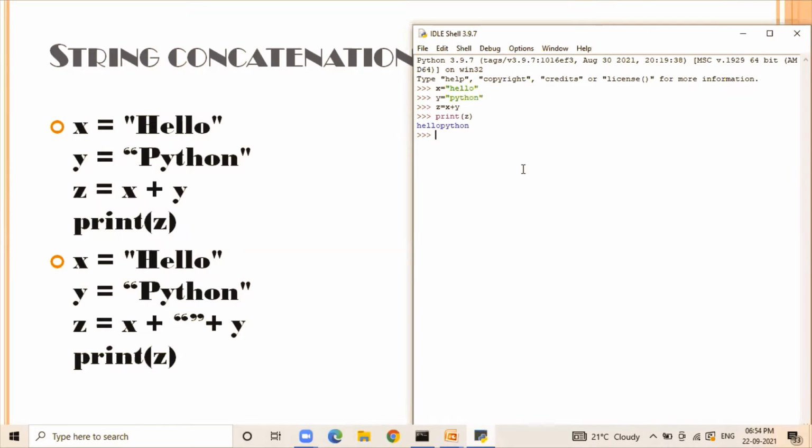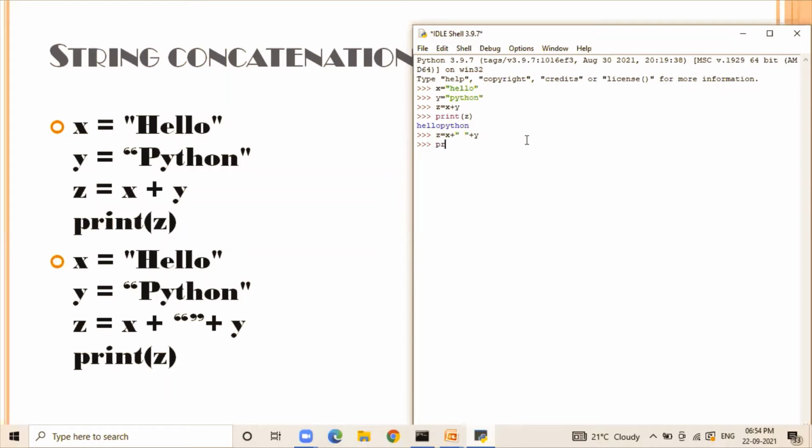Now if you want to add a space between the words in the given string, hello Python, in the previous example we don't have a space. Hence if you want to add a space between the words, you can use z equal to x plus a space, and then combine with the variable y.